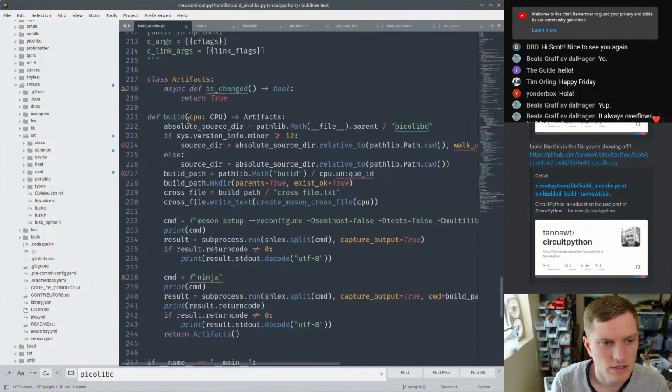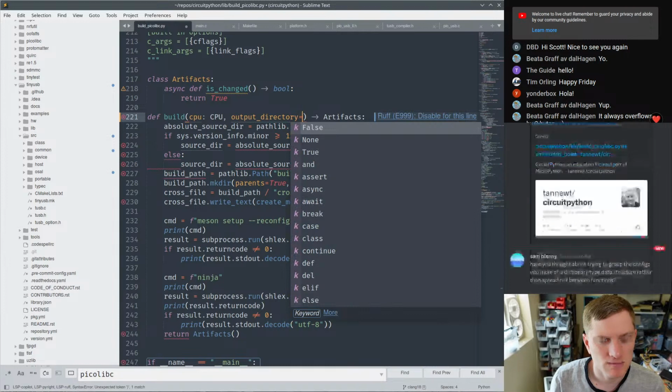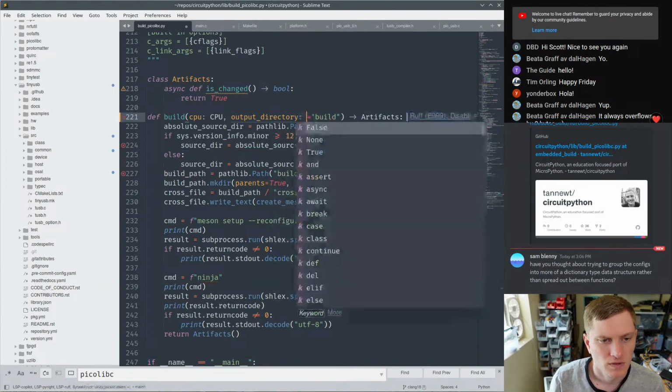Oh, and you know, I did start doing that. Maybe I'll do CPU and then output directory. Equals. Oh, you know what we can do is, let's make this a